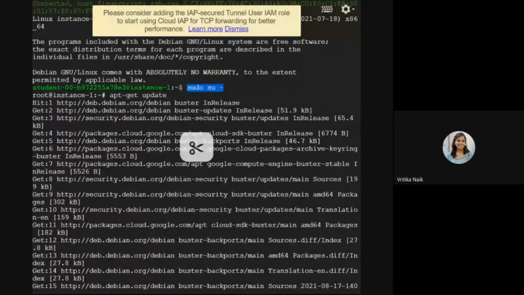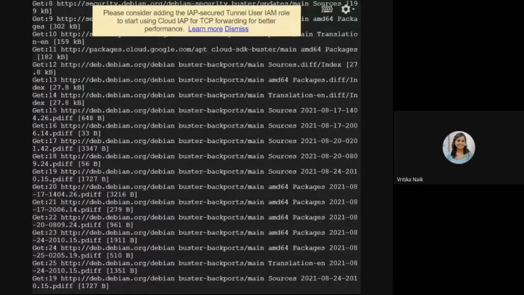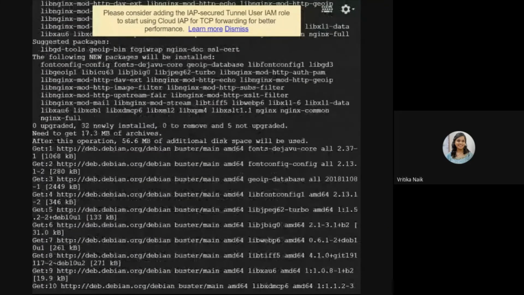So this is the first command which I used. It's basically to give you the root privileges, okay? So now once you are the root user, you're going to update your existing OS using this command. As you see, we were using the Debian one, so we just updated it. Okay. Once this is done,